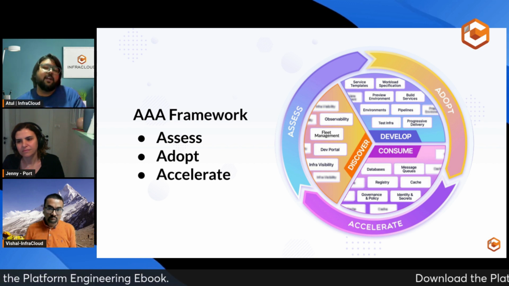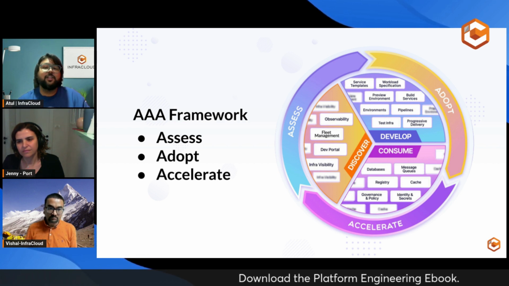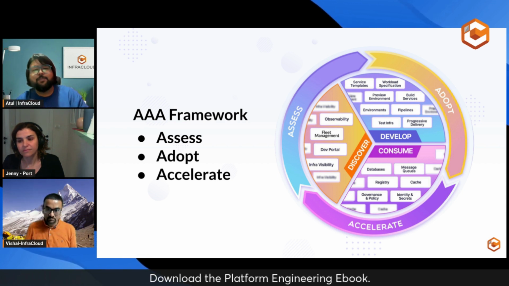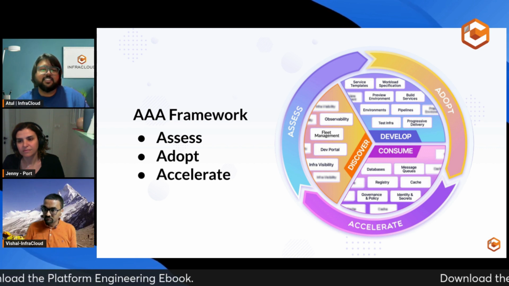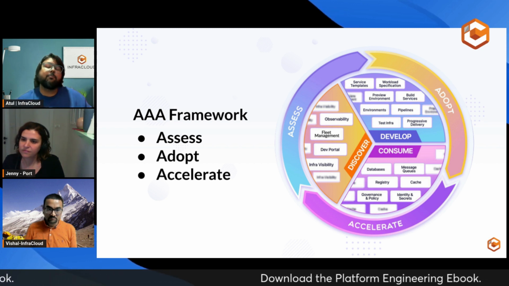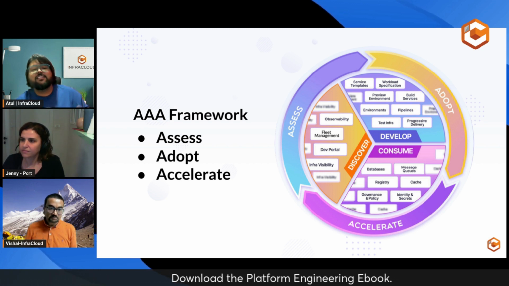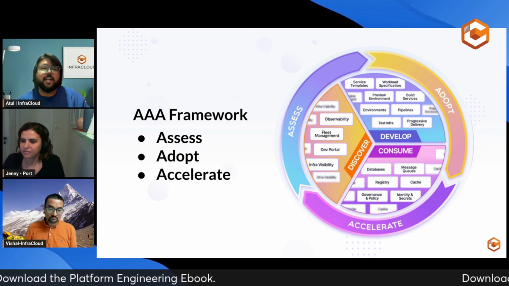These are required to build a particular application. Similarly, everything that a developer consumes for their application falls in the consume bucket. So you have databases, registry, message queues. And similarly, there are auxiliary services which help improve the application, so we have things like observability, fleet management, and developer portals coming into the discover category.